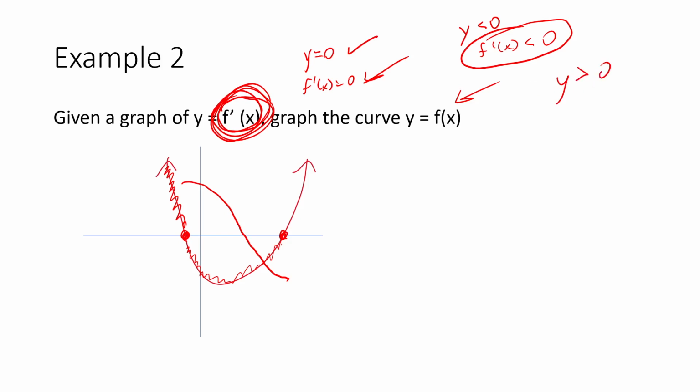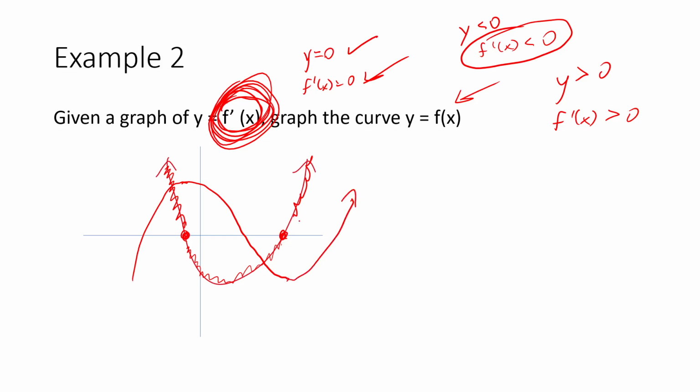Well, we've said numerous times those y values represent f prime of x. So what we're really saying is we've got f prime of x is greater than 0. So we may need to make sure we're increasing. And then finally, in this portion, to the right of x equals 5, we need to make sure that we have an